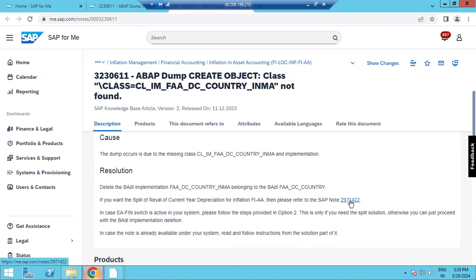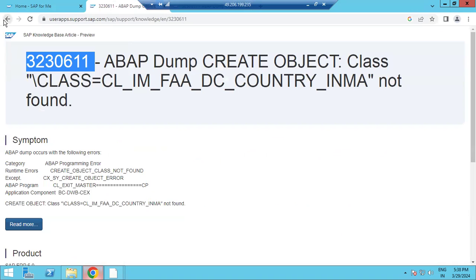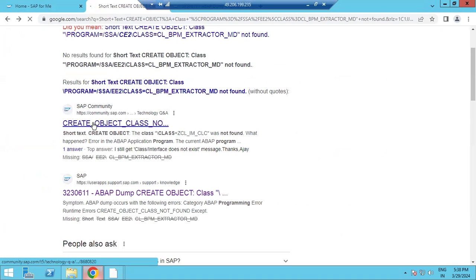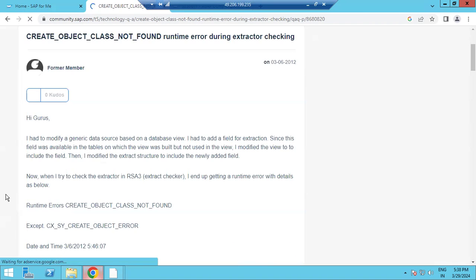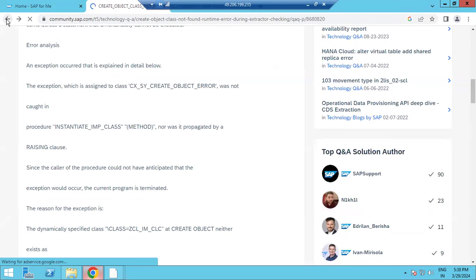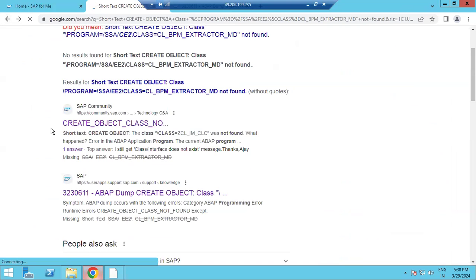They also suggested to please implement this note as well. They have given some instructions that will be available in the SAP community. In the SAP marketplace or blogs, SAP will release these notes and provide the solutions to us. If you open this note, this is the note number here. This note number we have to copy